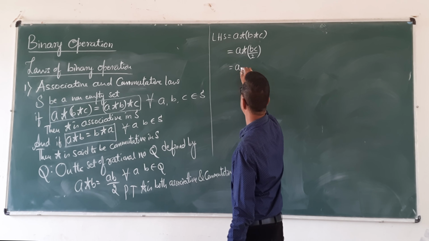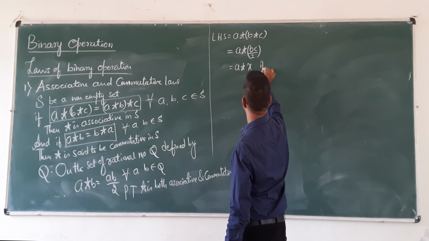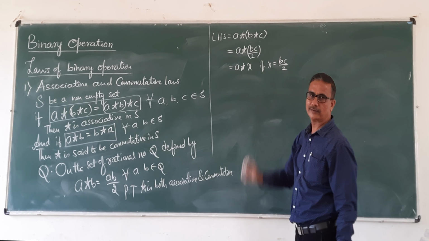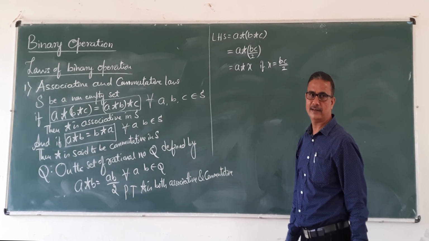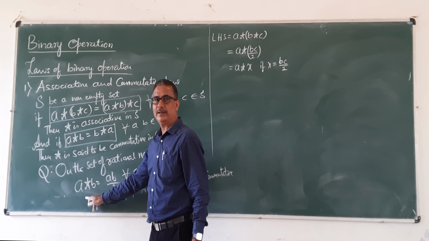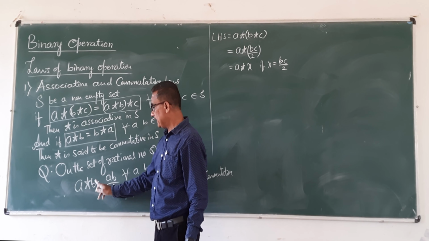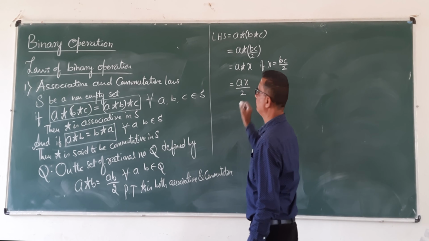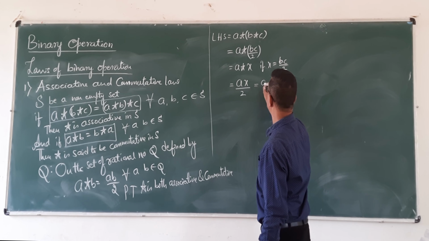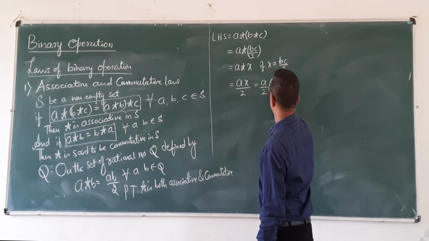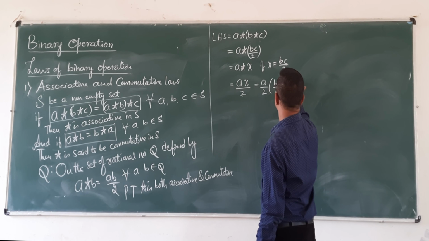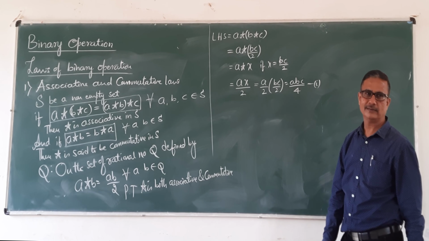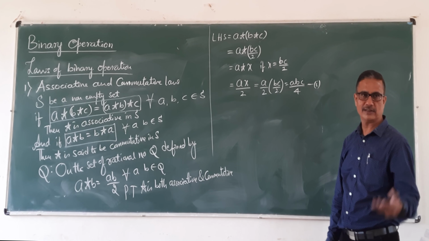Now that is A star. Put BC by 2 is equal to X, where X is equal to BC upon 2. Now here it is in the form A star X. Again back to given data. Since given A star B is equal to AB by 2, instead of B, here I have X. What is A star X? That is AX divided by 2. Right? That is equal to A by 2, and the value of X is BC by 2. That equals ABC divided by 4. Call this equation 1. Again this is the form P by 2, rational number, right?